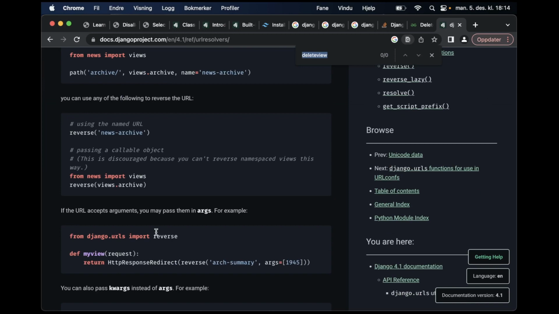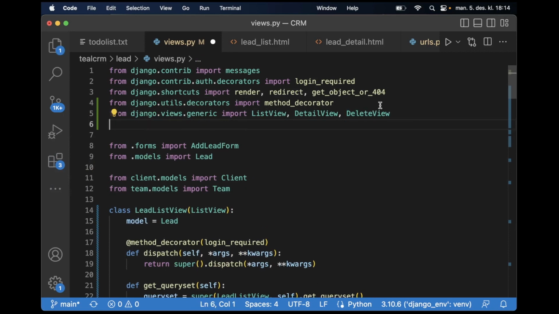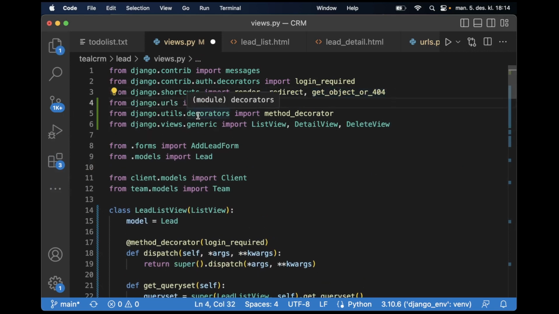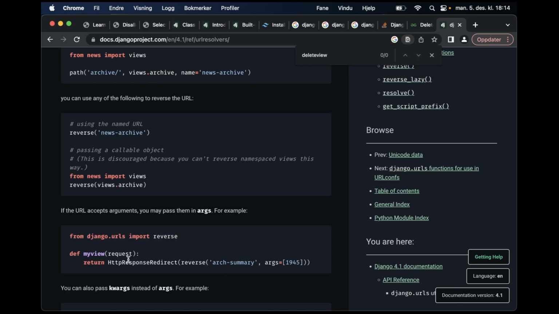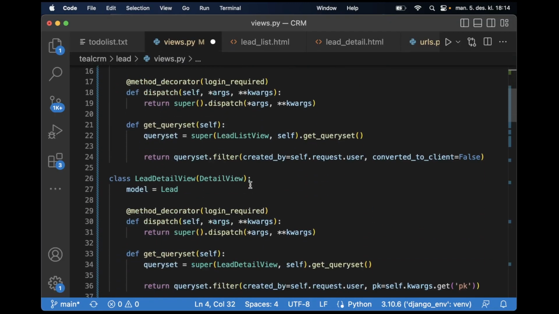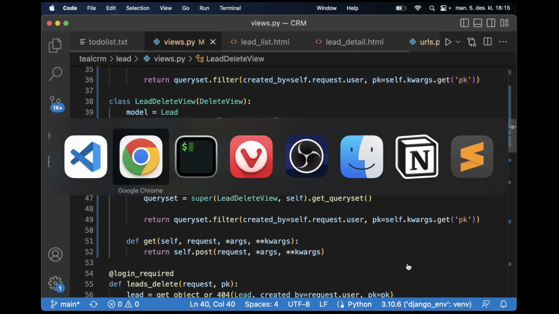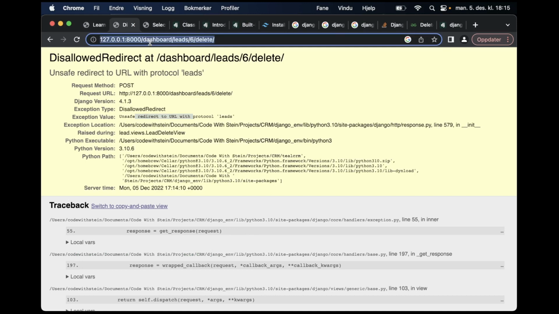So reverse, so just import this, go to the top. Okay, this should be there, django.urls import reverse, and then this takes the name that we have here. So if I now scroll down again, use this here, then it should be working. But now I think that this was,